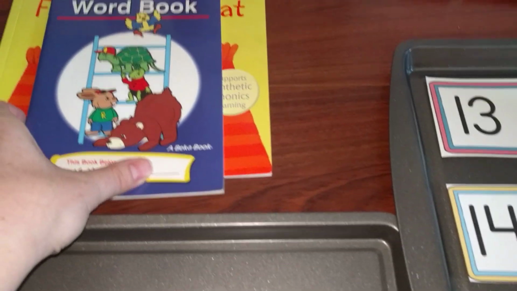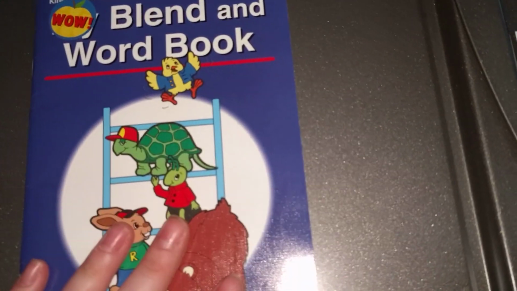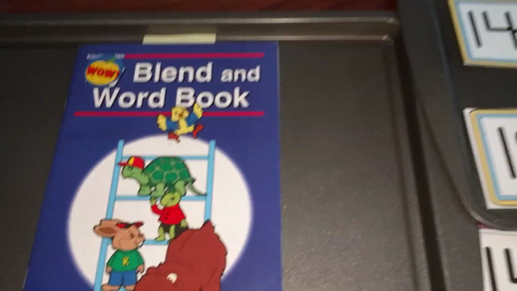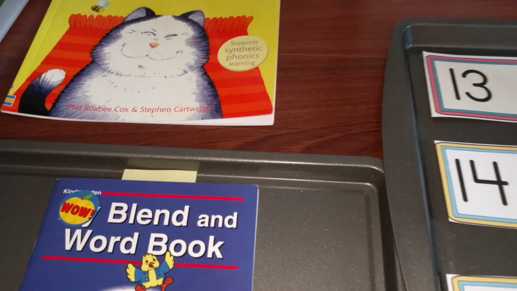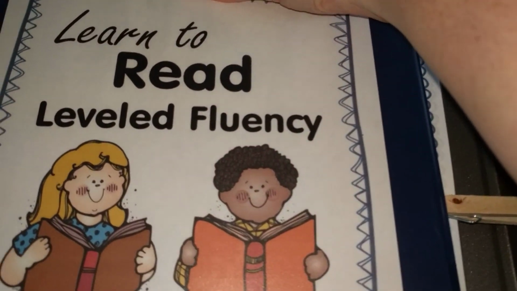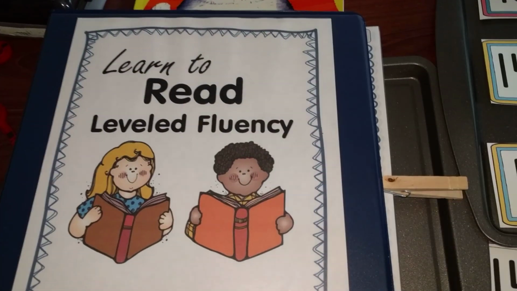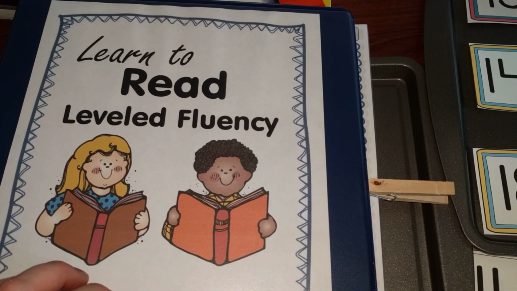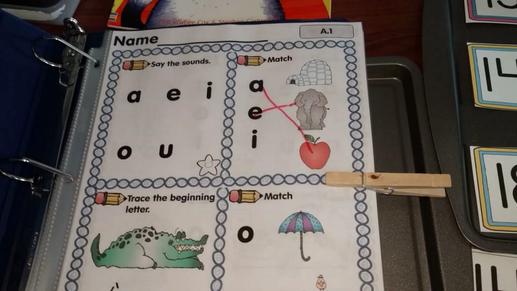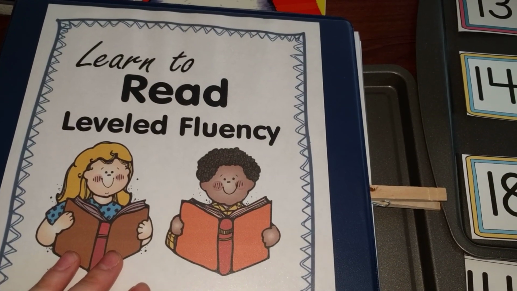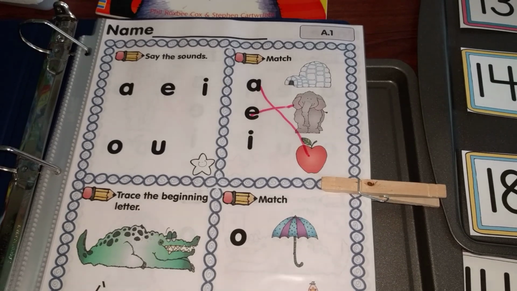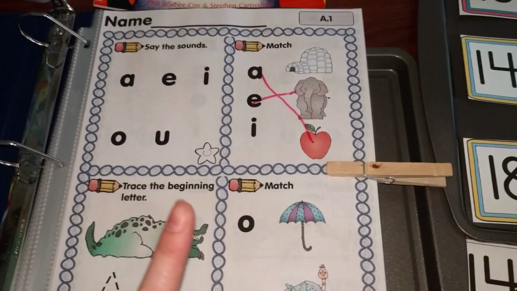Okay, then we are going to work on blends. Now, the first thing I'm going to show you is I just recently made this Learn to Read Level Fluency Path. This is my very first Learn to Read pages that I've made, and basically this is level A. I've made level A, and the first few pages are vowel pages,